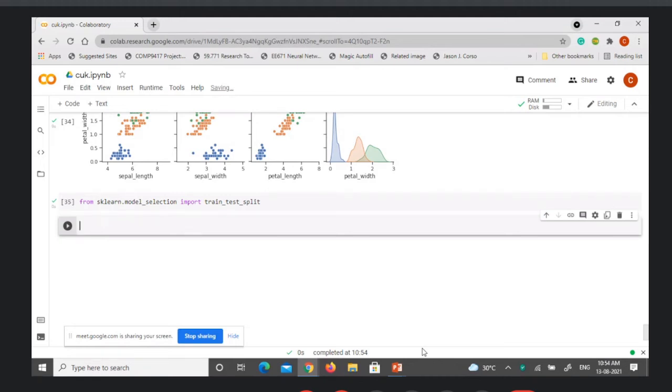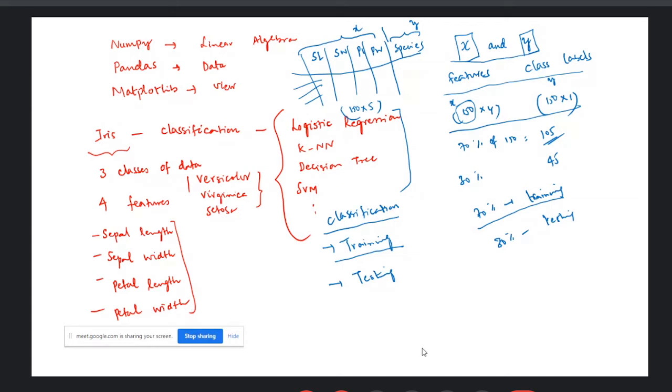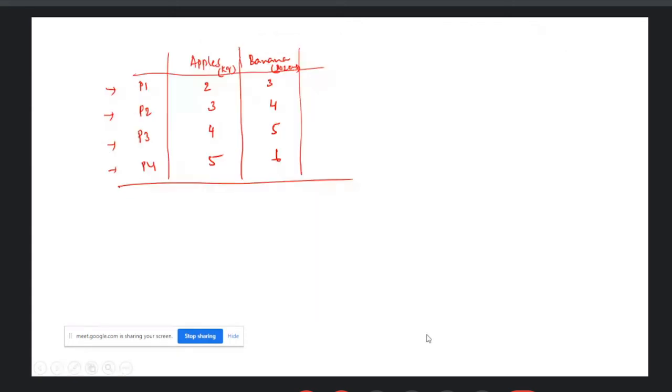And then what this will do is, you will have the complete information in X, the 150 by 4 dimension data, and in Y, 150 by 1, the class labels. So it will split this X into X train and X test.